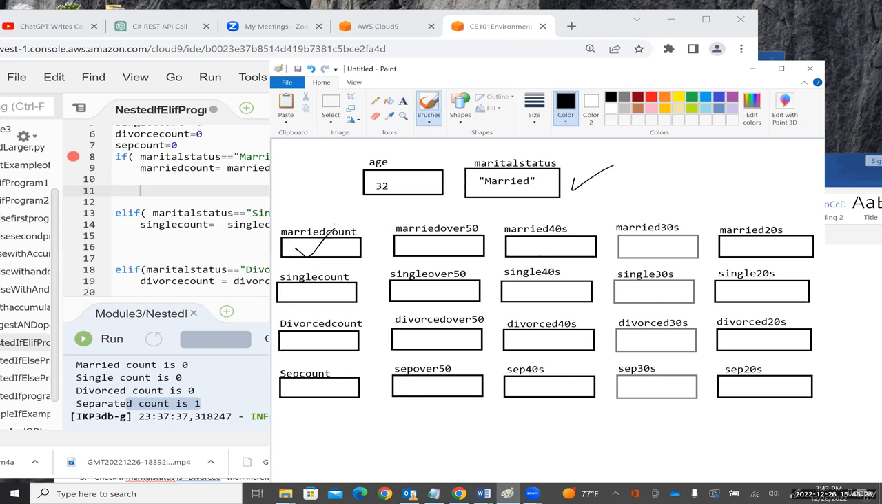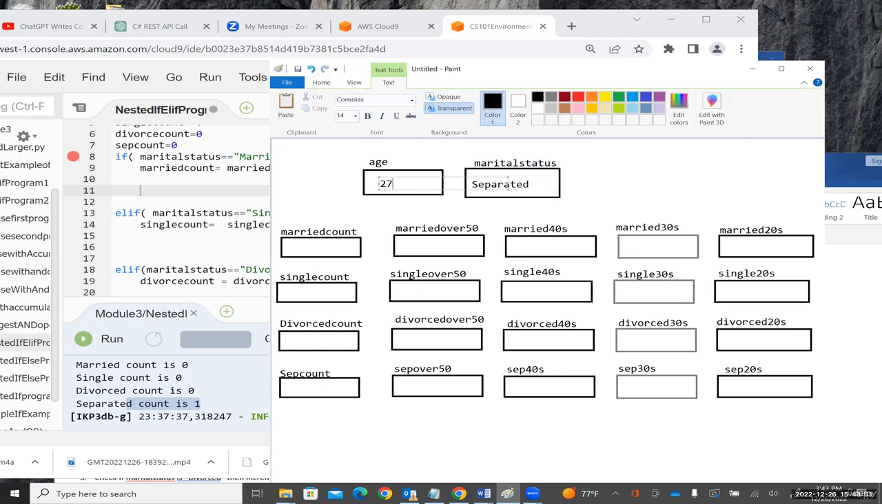Now the age is 32. Are we incrementing this by 1? No. Are we incrementing this by 1? No. Are we incrementing this by 1? Yes. So similarly, if the marital status is, let's say, separated and the age is 27, what are we going